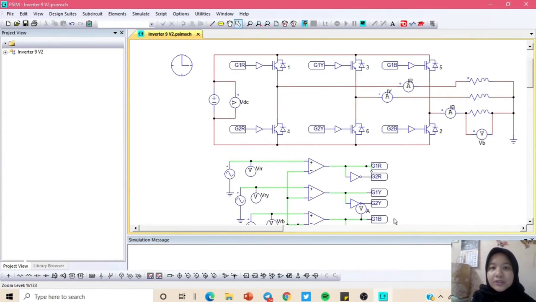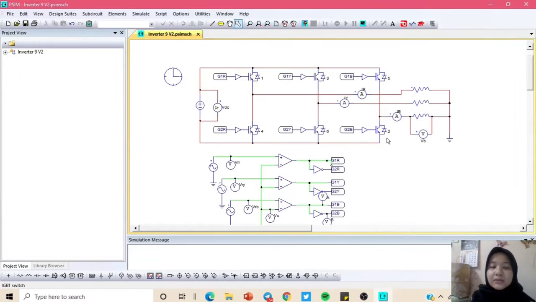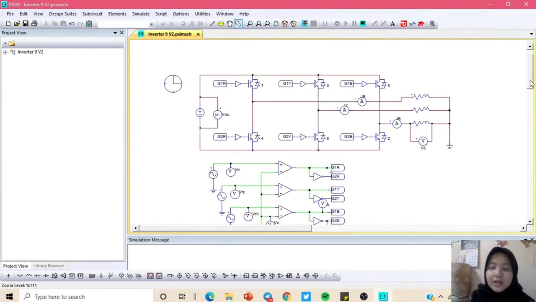So today I would like to present the simulation for assignment Power Electronics. So first of all, this is our circuit in the simulation. The question asks to simulate the three-phase full bridge inverter. So in this circuit, we use 6 IGBT here, 1, 2, 3, 4, 5, and 6 because